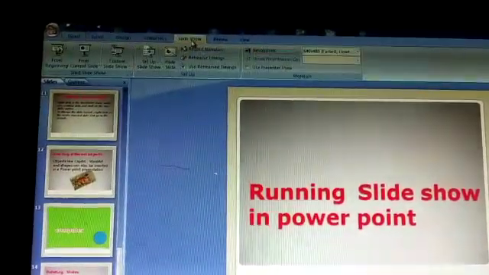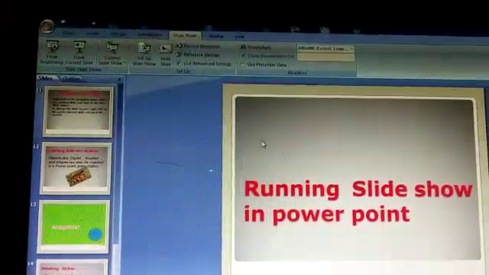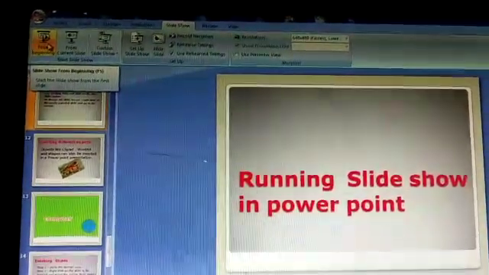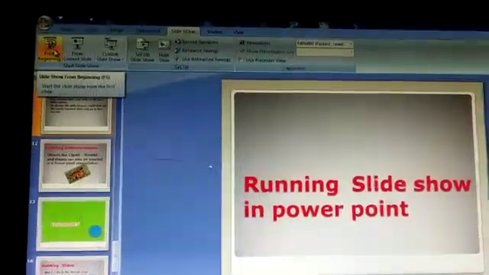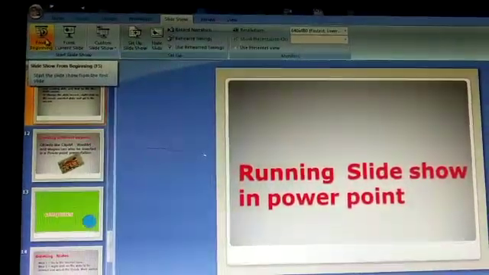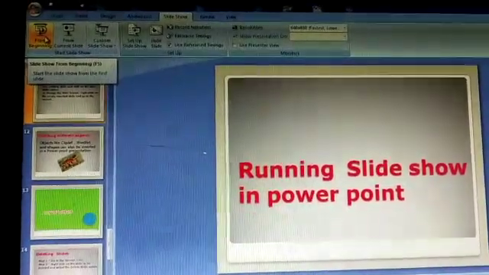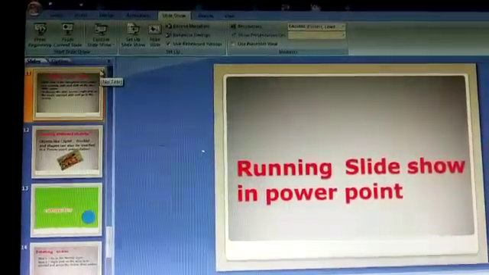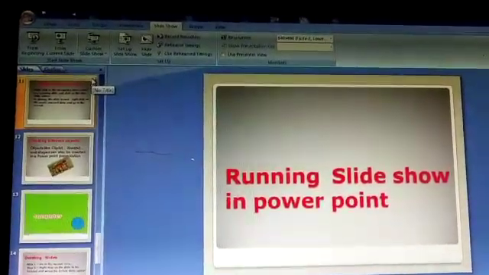Click on this slideshow and click here from beginning. Then your slideshow will start. There is also a shortcut key to view the slideshow. That shortcut key is F5. I am going to press that F5 from the keyboard.